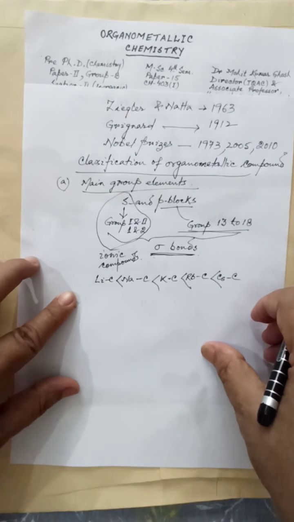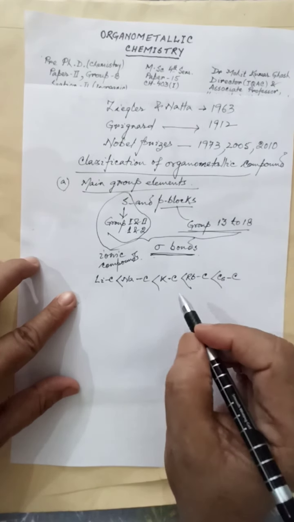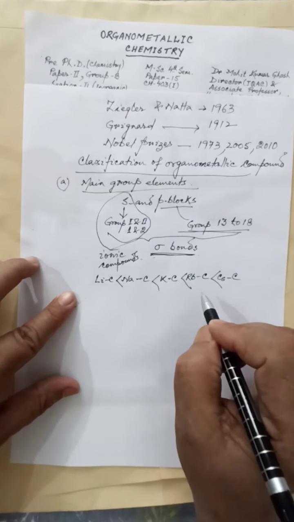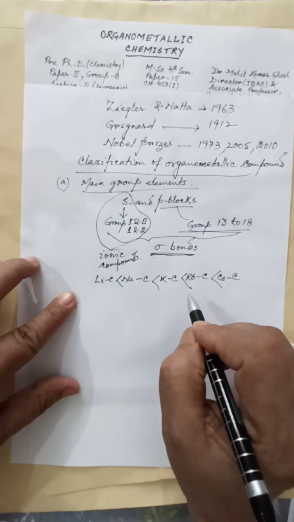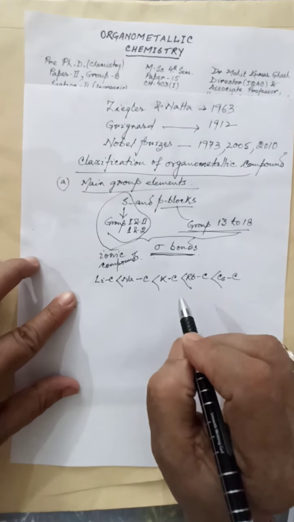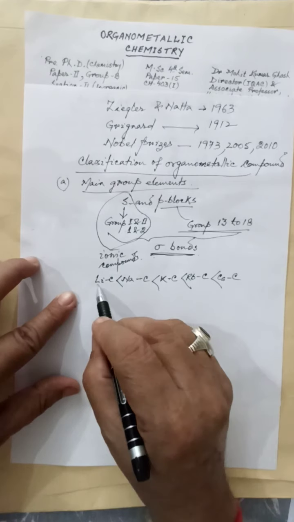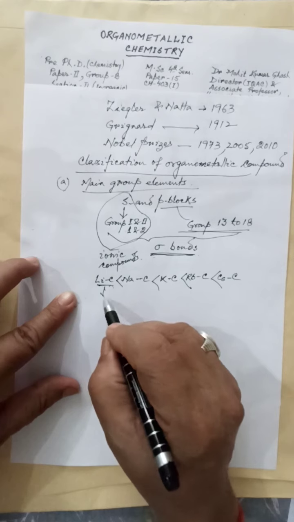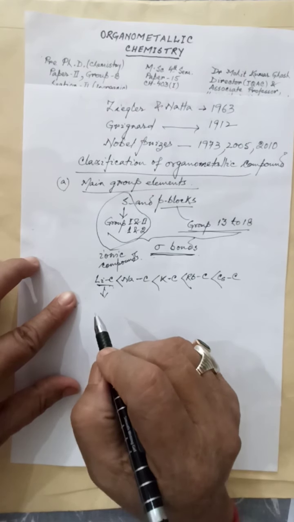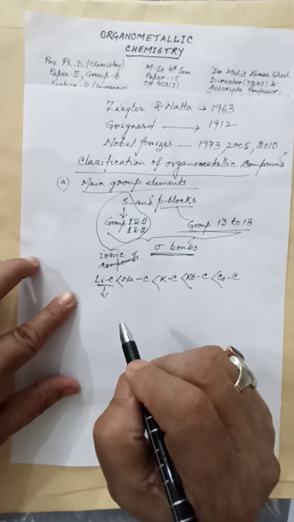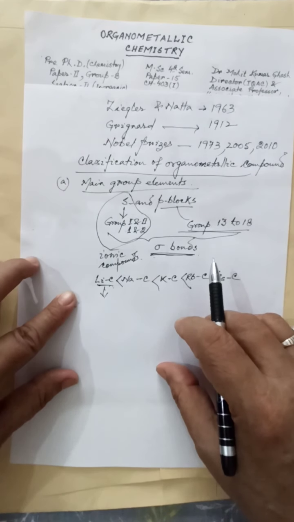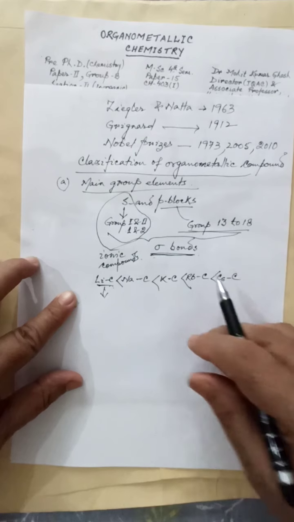And thus the alkyls of sodium onwards are more ionic and less covalent than those of lithium. Even lithium forms compounds with bridging alkyl groups like beryllium, magnesium